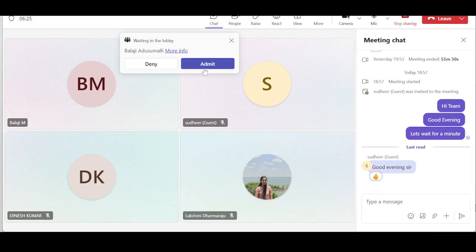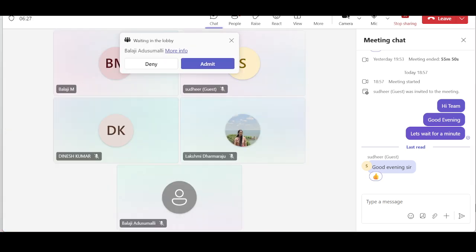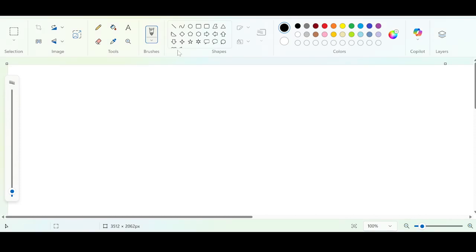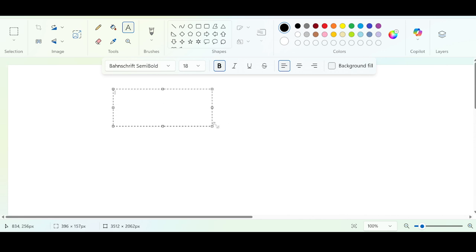You have to add a few more points. I can also say that when you have any constant which cannot be changed, those constants need to be declared with the final keyword. What do I really mean? For example, if I want to introduce a real-time analogy, let us say that I want to open a bank account